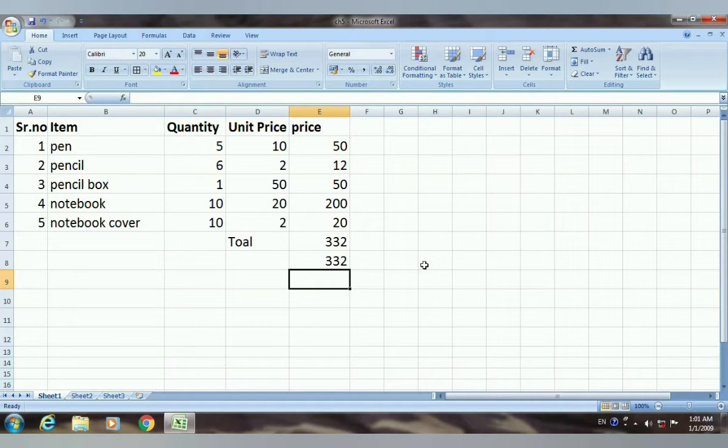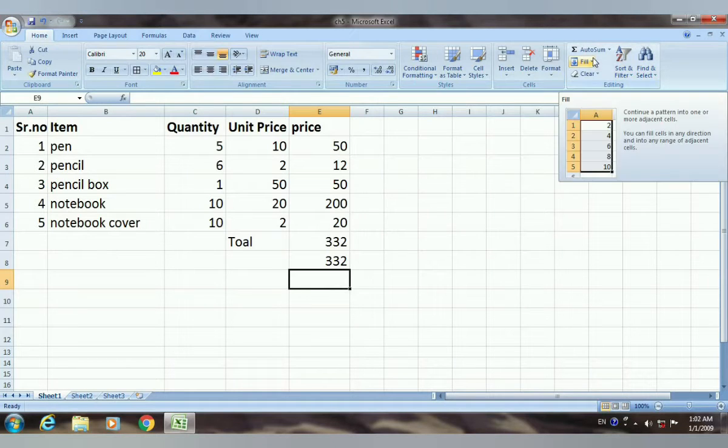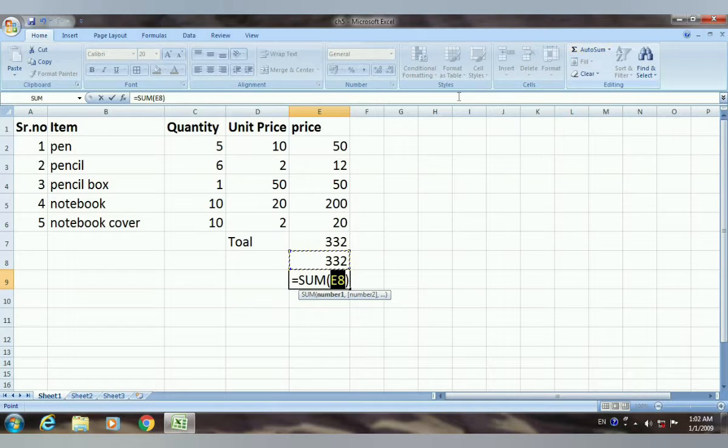And now the third one is, we have the auto sum function. So for that no need to do anything, just select the range of cells for which you want to do the sum operation, and here you can see auto sum option is there. Just click on this button, then it will be calculated automatically. Click on auto sum and here you just provide the cell address and enter.